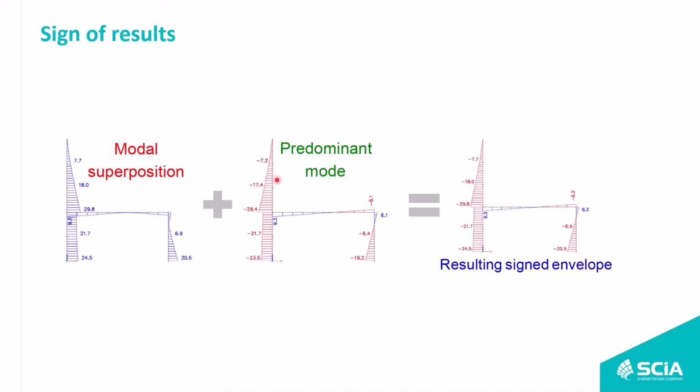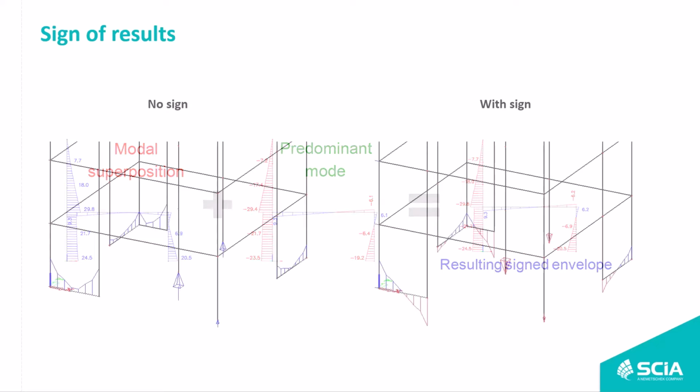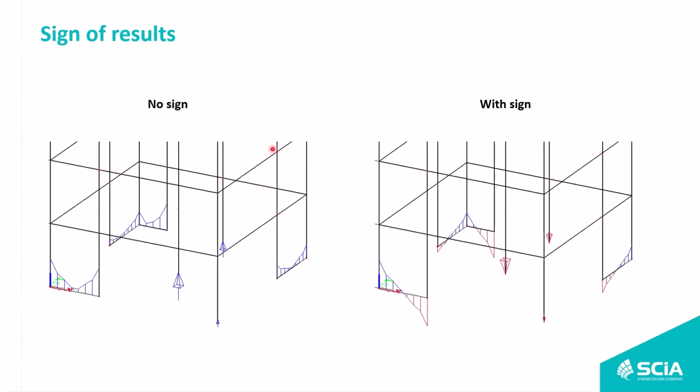That is something characteristic of each direction of excitation. So I will have a predominant mode for direction X, for direction Y, and for each direction of excitation. And at the end, the final results will be just the absolute value, the superposition, and the sign of the predominant mode. Here, just an example of what it means to sign and not sign the results of earthquake analysis through